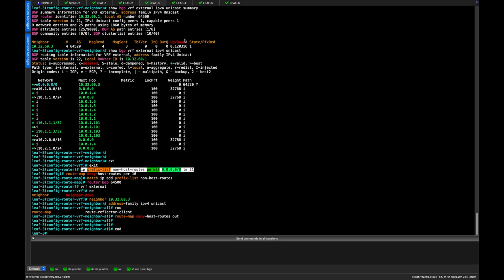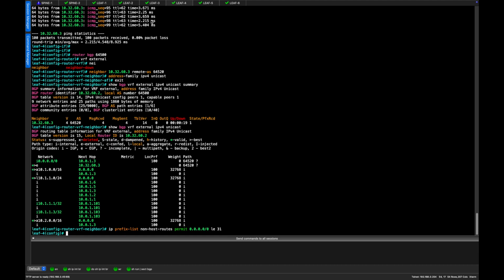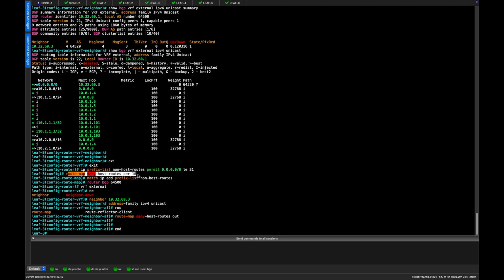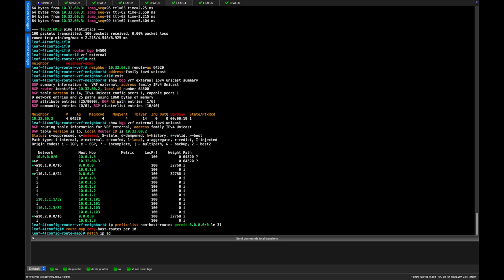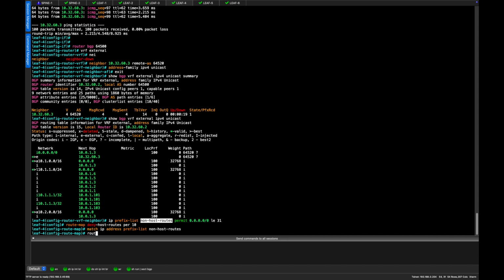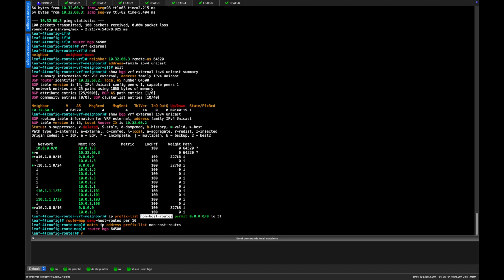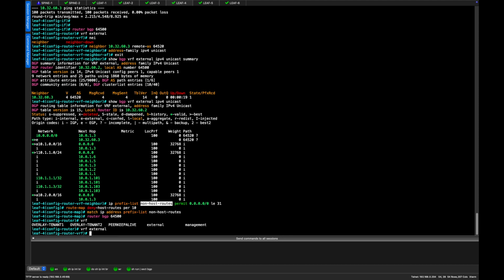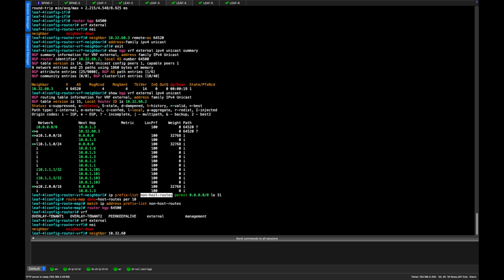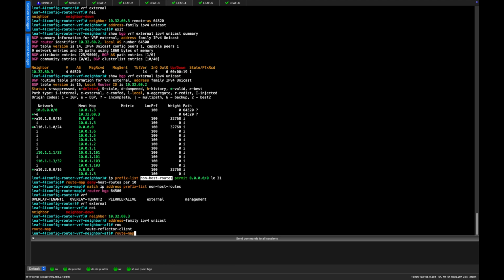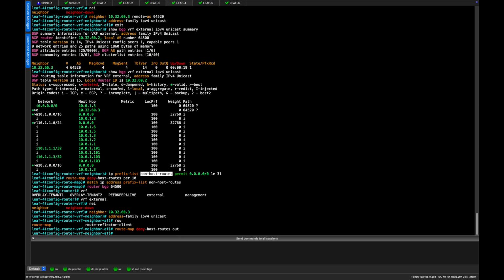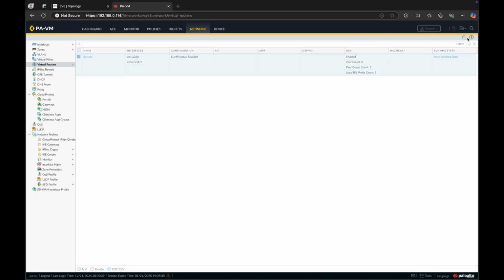Let's duplicate this config on leaf 3. Match IP address prefix list, router bgp 64500, vrf external, neighbor 10.32.60.3, and route map outbound. So if we have a look on the firewall now, hopefully